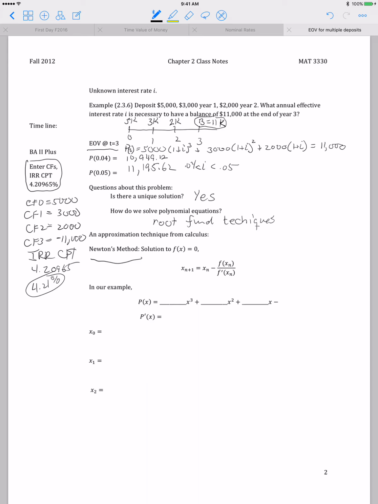So the cash flow worksheet allows us to find a solution. It's important to know if this solution is unique so that we know we found the solution. If the solution is not unique, then we just found one of possibly several solutions. Okay, so let's review